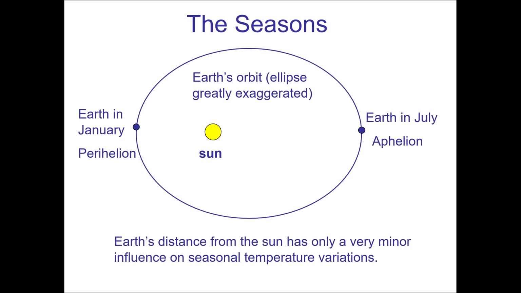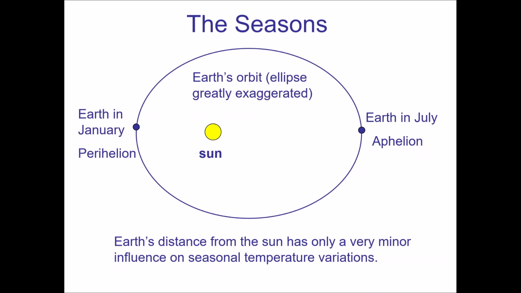So this is an ellipse that I have here, and it's exaggerated. I mean, if you remember, the ellipse for Earth's orbit is basically circular. So I had to draw an exaggerated one just to kind of highlight what we're talking about here. But perihelion, where we are the closest to the sun, occurs in January, which is winter for us in the northern hemisphere. And when we are the farthest from the sun, that's aphelion, and that occurs in early July, right?